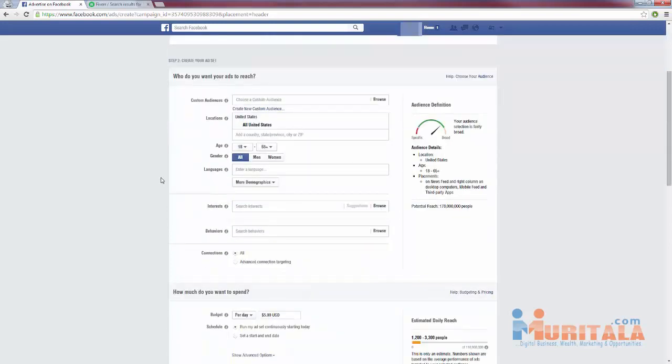Now, first up, we need to choose our audience. If you aren't sure who your audience is, no problem at all. We're going to figure that out. That's also the point of these ads: we're going to do a lot of testing and find out which audience is converting the best for us.